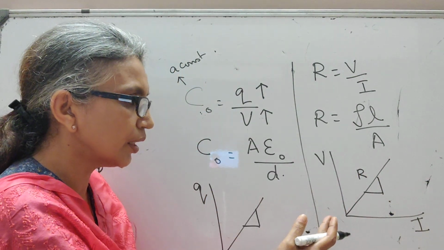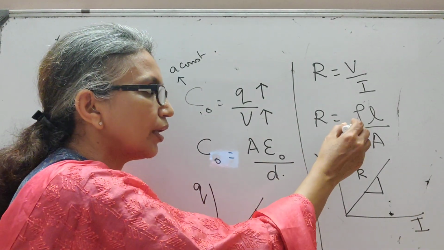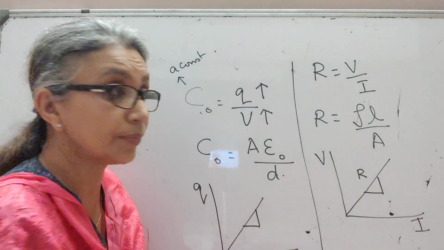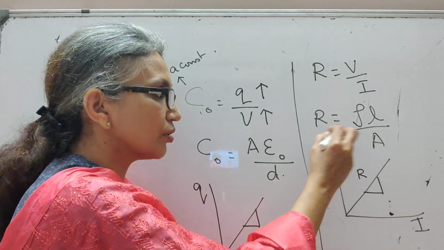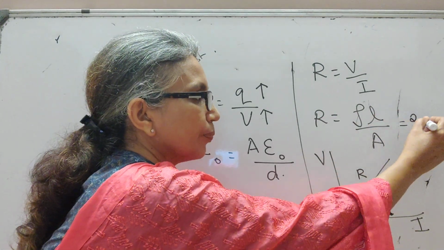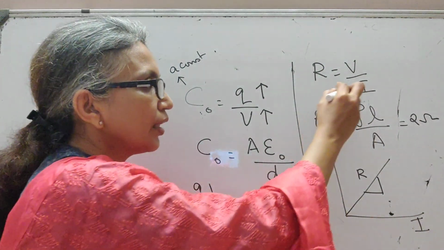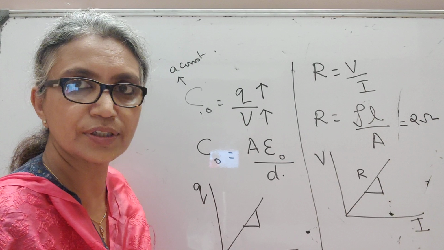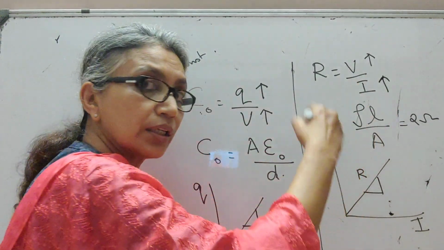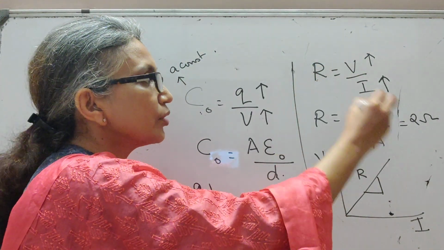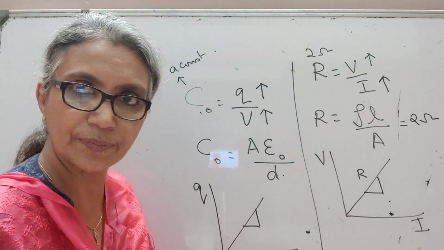So please compare and see that when you connect a resistor into a circuit, the resistance is a constant. It already has a fixed value based on the material of the resistor, based on the length of the resistor and the area of the cross section. It has got a particular value. Let's say it is 2 ohm. Then when you connect this resistor into a circuit, the resistor carries a current when connected to a potential difference V. So if you increase the potential difference, the current will also increase in the circuit, keeping the resistance constant at that same value. It can't keep changing. It is already a constant at rho L by A.